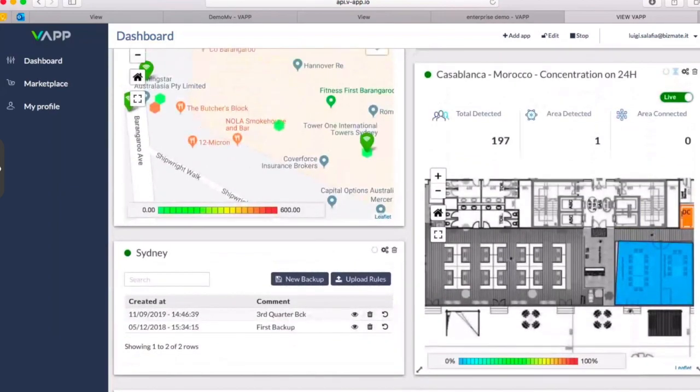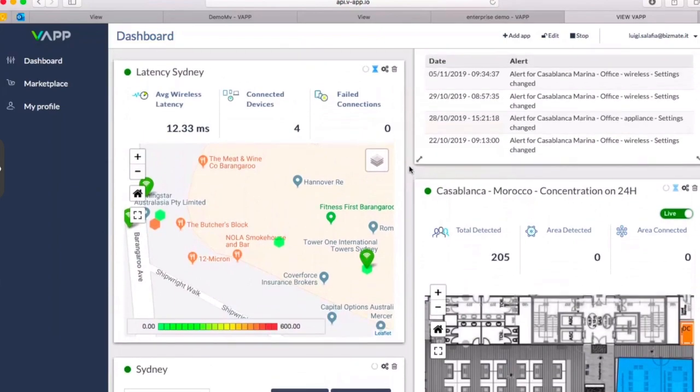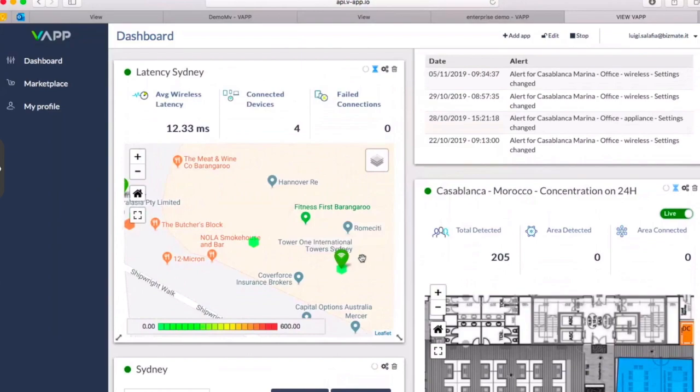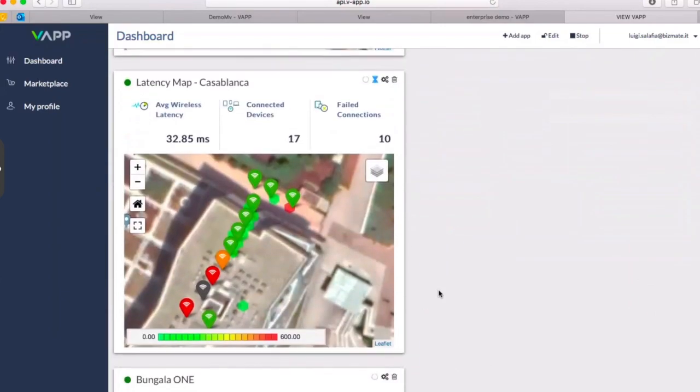Something similar we have done by putting together the location API and the health API from the dashboard, and we have the latency map, where we have the map of the different access points in the deployment with latency information together, and also how connected devices are performing in the network. Right now this is a small network, there should be another one. Okay, for example, this is